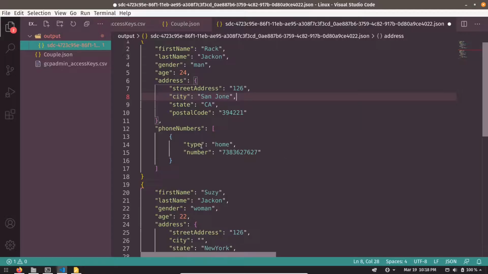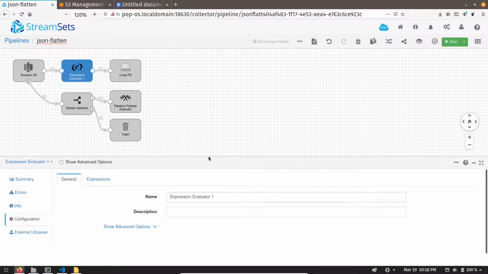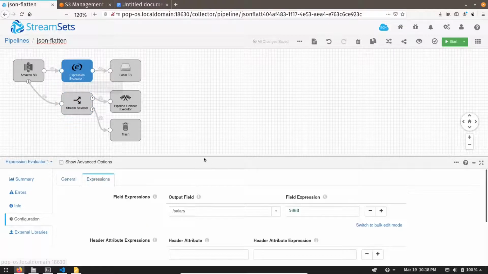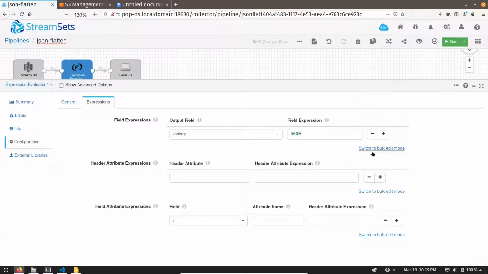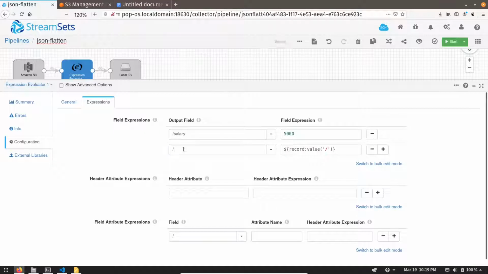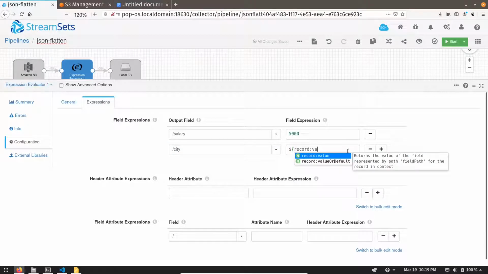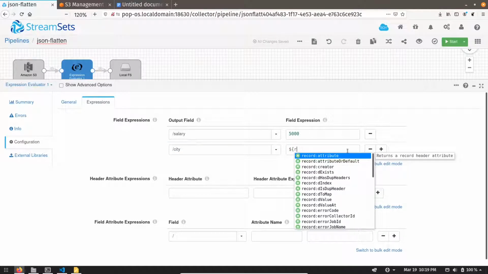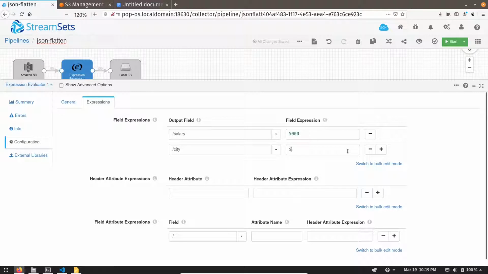Now suppose I want to extract the city column as a calculated column. How will I do that? Again I will go to the expression evaluator, click the plus button, add a column called city, and then over here, to access a record column we use a function called record value.